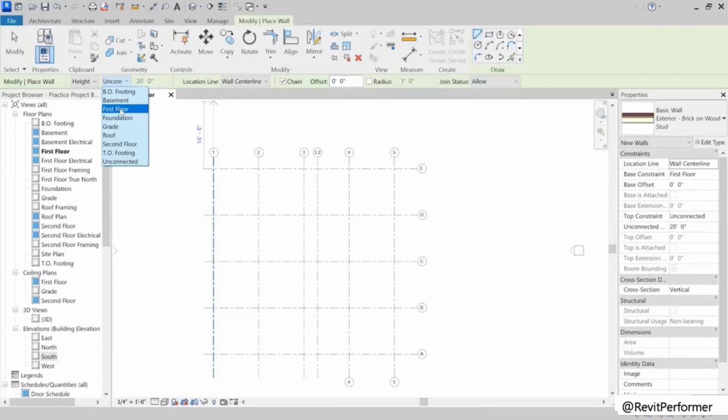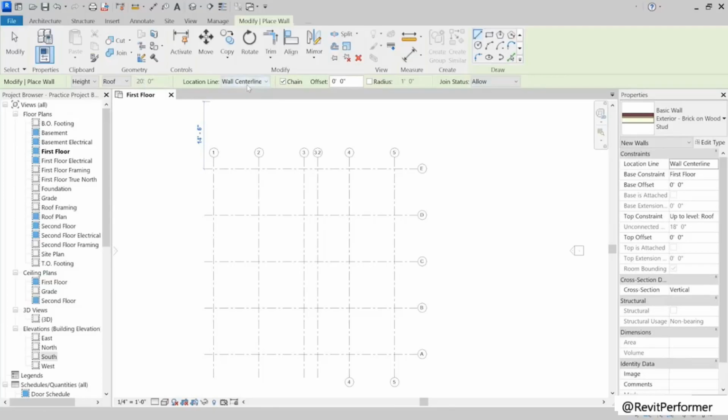If we come to my design options toolbar, I want to declare the height of my wall based off of my level line. So I'm going to go right here where it says unconnected, and I'm going to actually change that. And because this is the exterior wall, most likely it's going to be shared on both the first floor and the second floor, I'm going to tell this to go all the way up to the roof. And because I told it to do that, you'll notice that this is now gray because now it's being set based off of whatever the level lines are set to inside of this project.